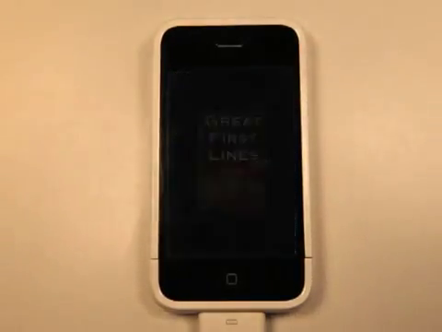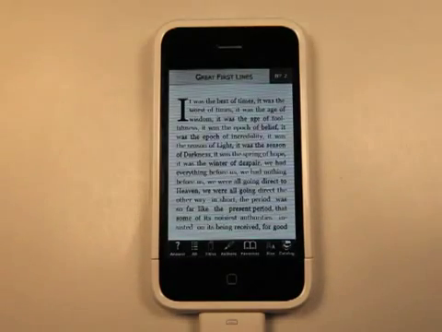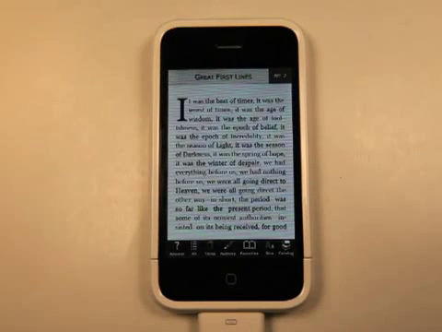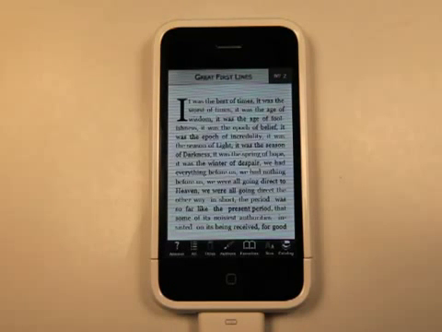So, Great First Lines is a fun game especially for those of you who have read a lot of some of these older writings that are obviously greats, and this also could be a discovery tool in a sense, where maybe you want to read some classics, you're not 100% sure what you want to read yet. This can also be a great archive for you to go through. So it's a game at the same time as an archive, so you could find some great classics to read. So you can use it either way.